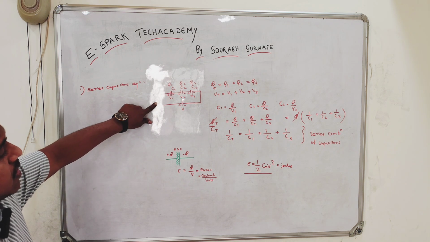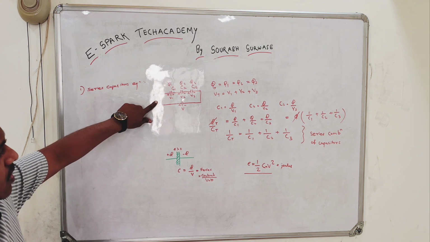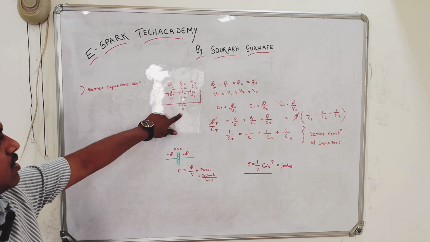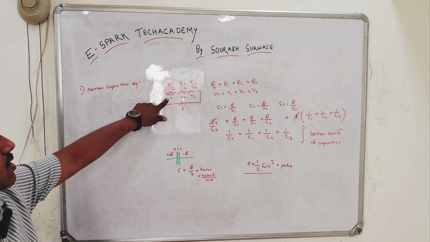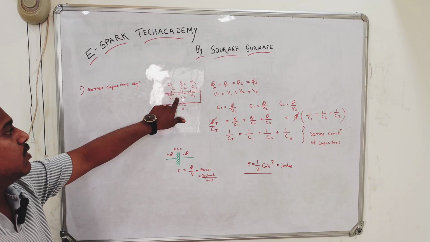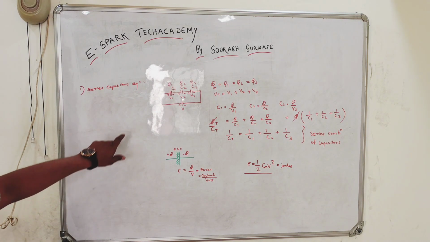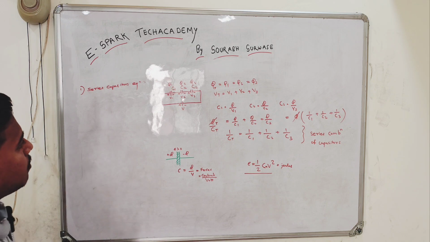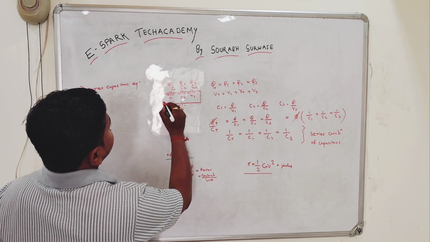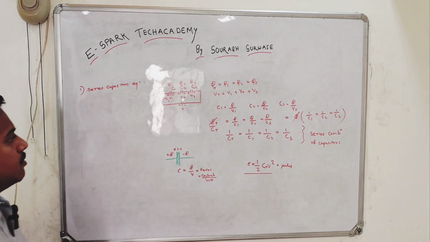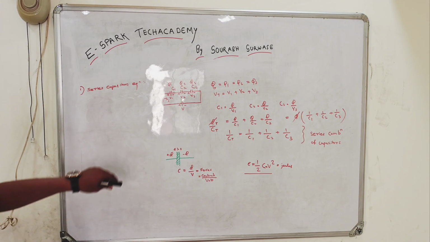Just the series capacitors, the circuit of series capacitors: when a voltage V is applied across it, as the capacitor charges, the voltage potentials will be developed across the capacitors, and as they are in series the Q will be common, the same current will be flowing through it, and that current will establish